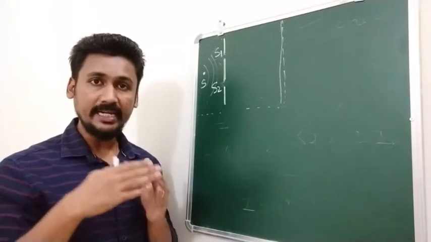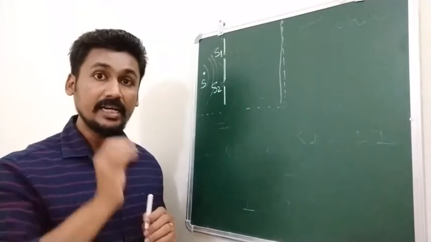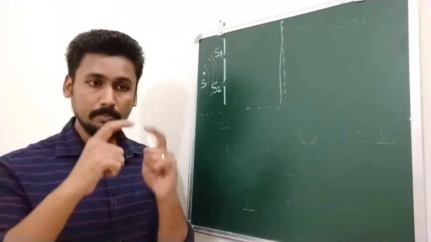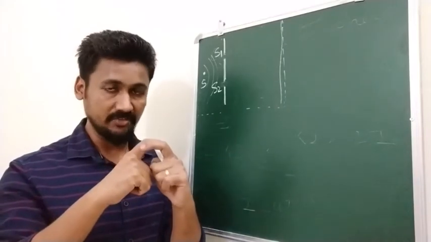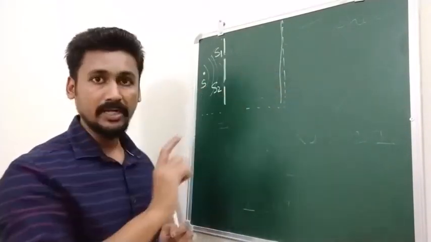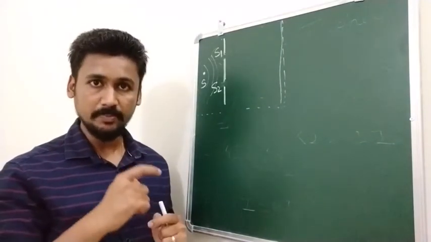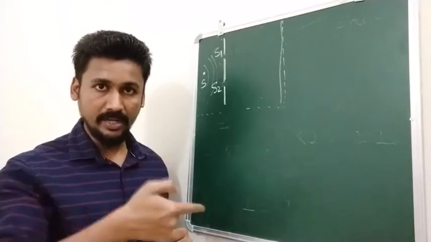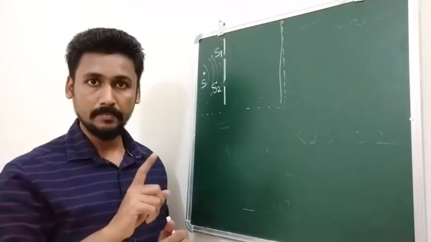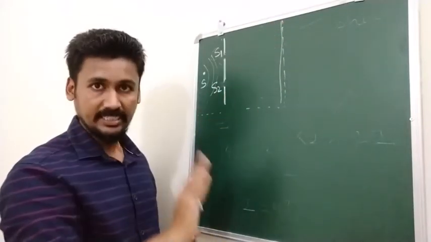Correct? When they interfere, there are going to be some spots where we will get constructive interference. Constructive interference means both the waves are going to have zero phase difference. So intensity will be maximum. Also, there will be some points where you will have destructive interference. Destructive interference means you will get one crest and one trough. So the resultant intensity is going to be zero. Correct? So we are going to get such kind of cases.